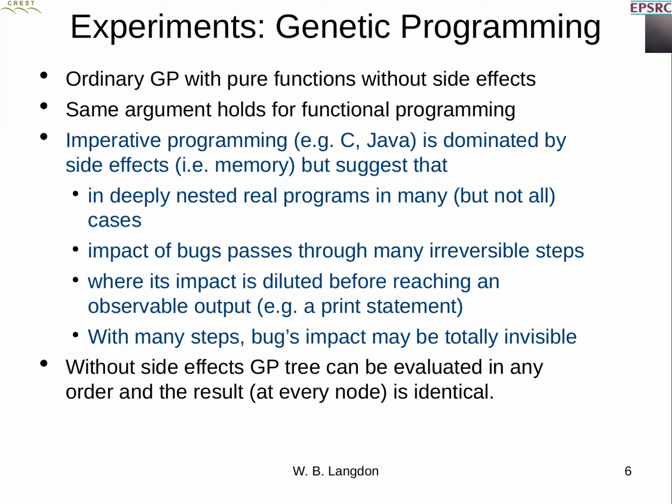So what we're going to do is we're going to take a GP system, which is just composed of pure functions. In other words, it doesn't have side effects. So much of our argument in terms of information theory would apply to pure functional programming as well. What we're going to say in terms of imperative programming in terms of C or Java is essentially the same sort of argument holds. It is by no means as clear-cut in the sense that the programs are heavily dependent on